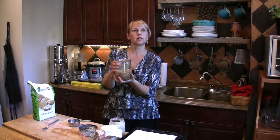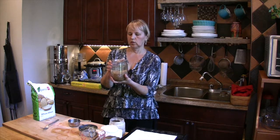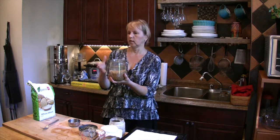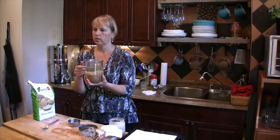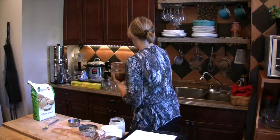This is not a great time to start it because it's noon, which means it's going to be ready to dump the water out at midnight, which I'm not going to be up for. But I'll just drain it before I go to bed at 10 o'clock. That's good enough. And then after I drain it,